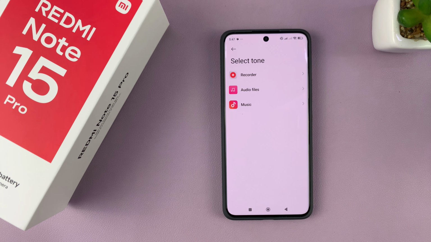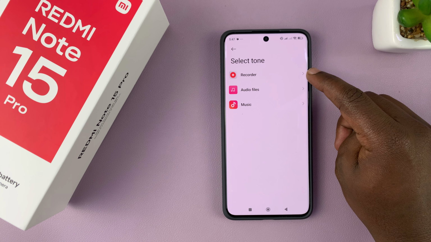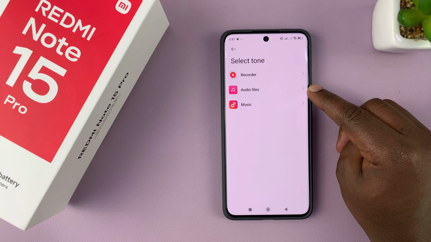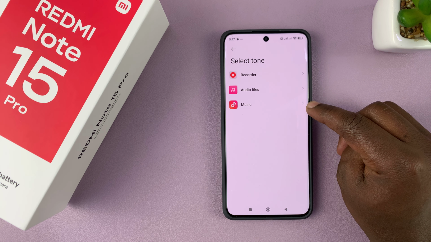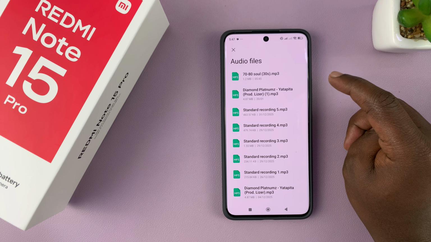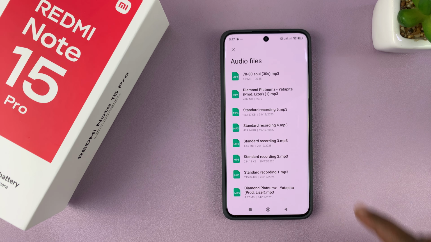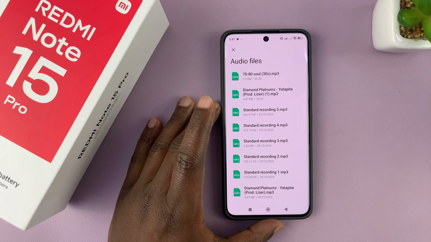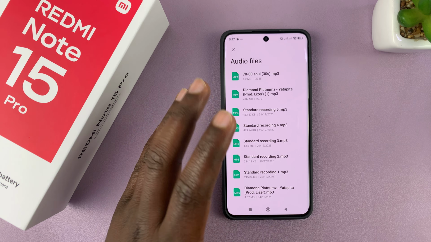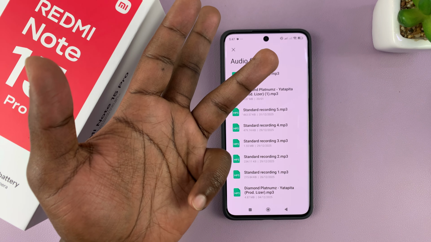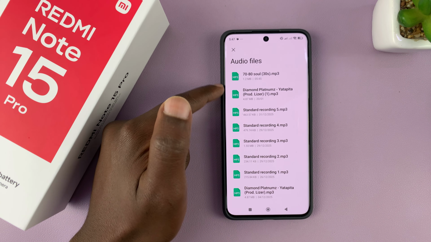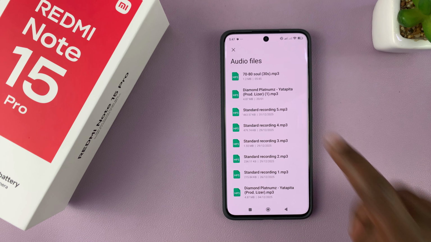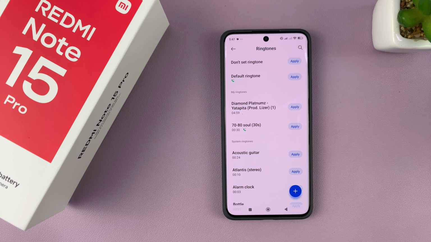Tap on that, and then that takes you either into the recorder or the audio files app or the music app. So you can choose audio files app, and there are plenty of audio files there. Now these are going to be all the audio files in your phone's file manager. So this could be voice recordings, this could be downloaded music, mp3 files like this, and you can pick any song like that one, for instance,